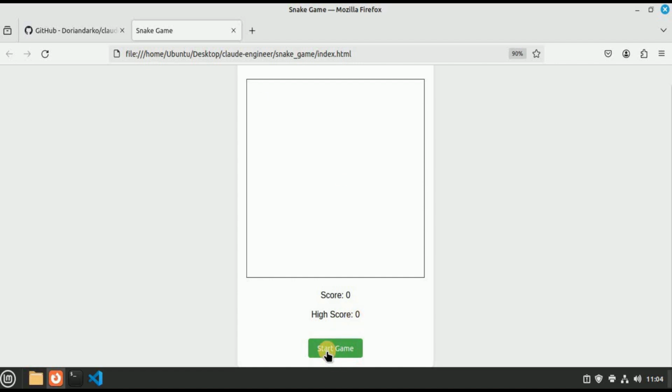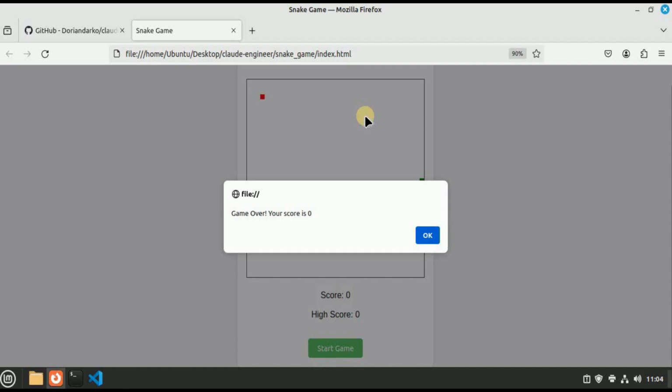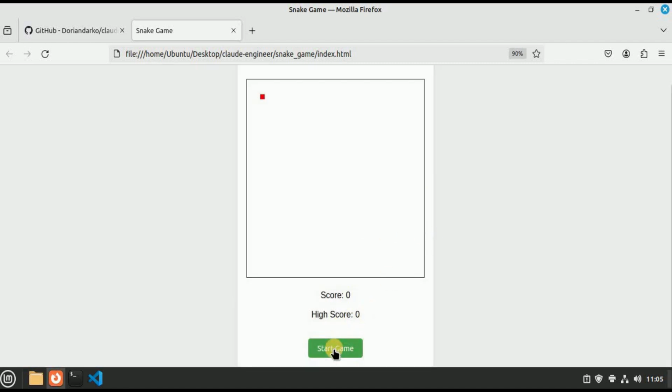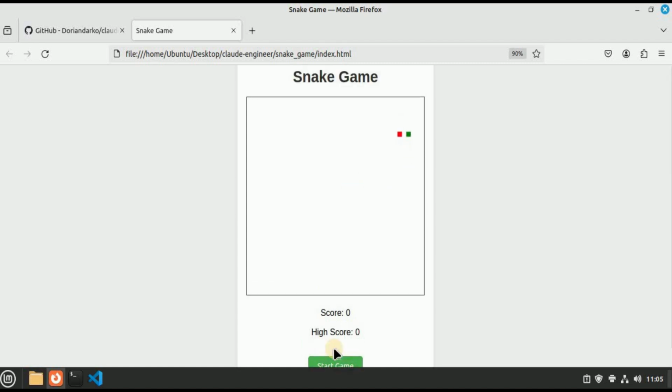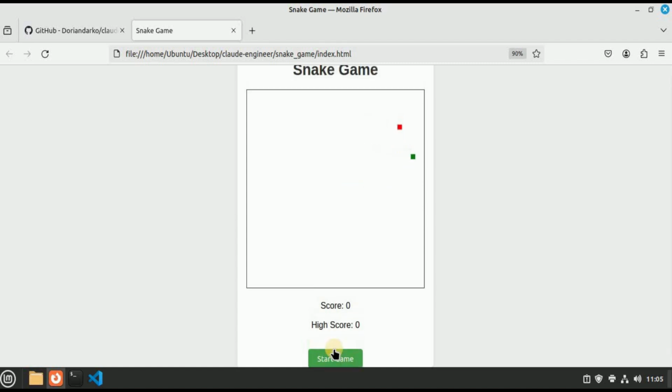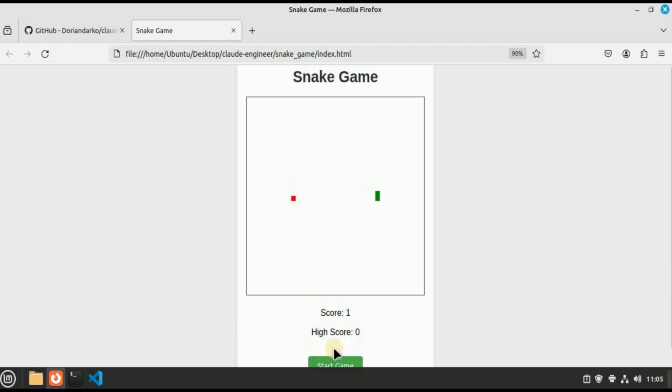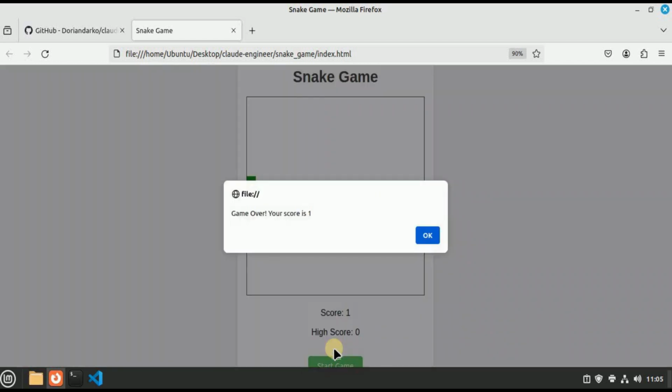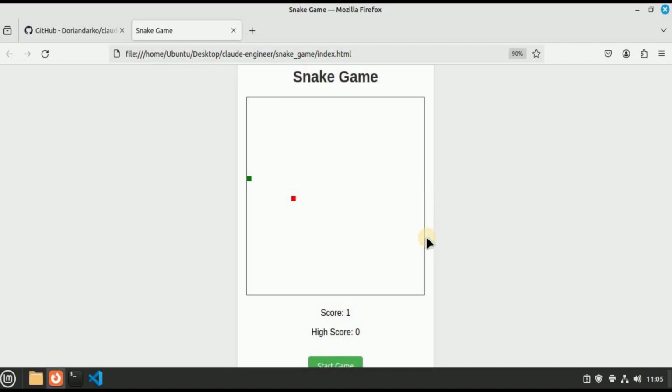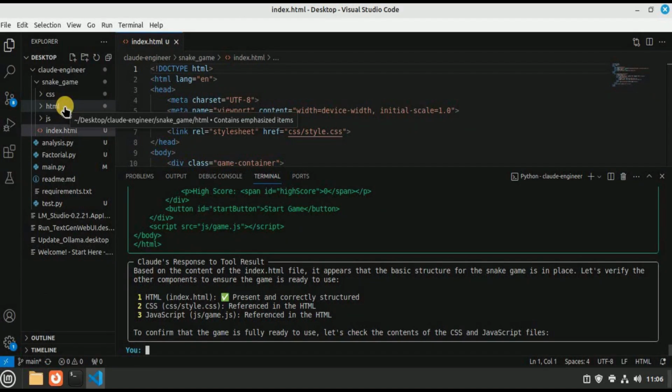So if I click on the start game button, you can see that our game is starting, and once it hits the boundary it says game over, your score is 0. So if I start the game once again and start playing with it, you can see that the game is running absolutely fine and it is giving us perfect values for the score, and if I hit any of the boundary it will give me a message that the game is over and this is your score. So you can see that just by providing it a few prompts, we were able to generate an entire code base in different files and folder structure containing the code for the different files needed to create the snake game, and the game was absolutely correct and was running just fine.